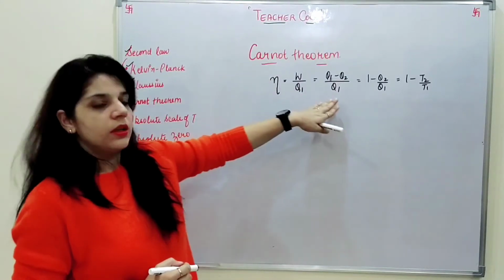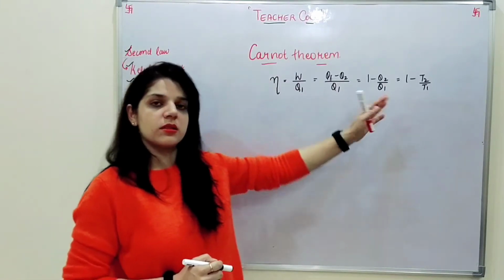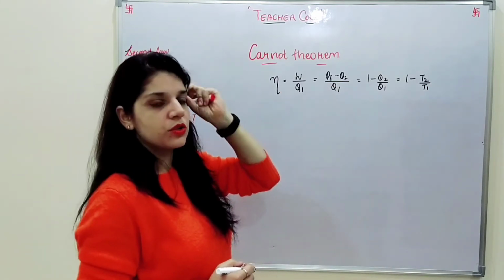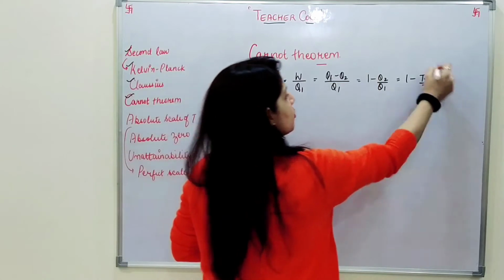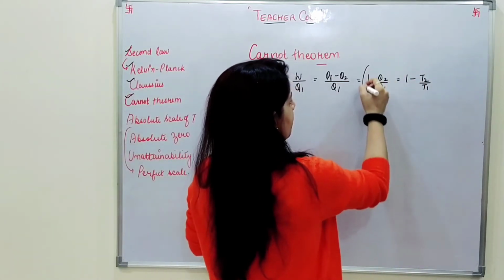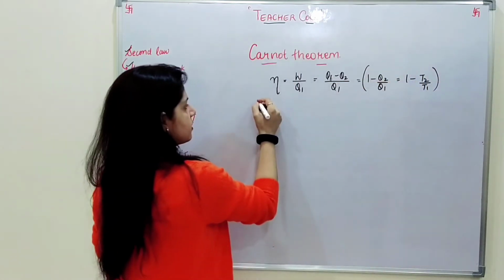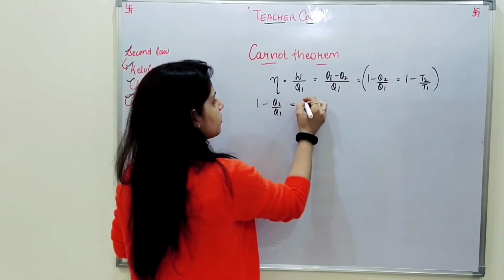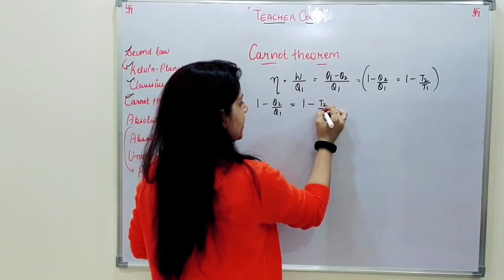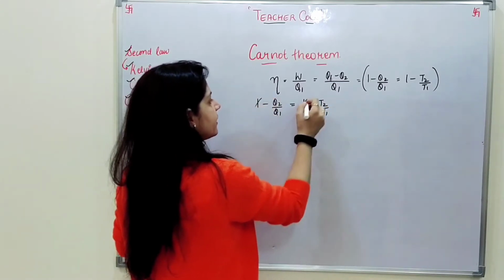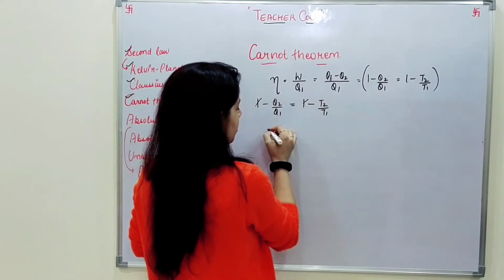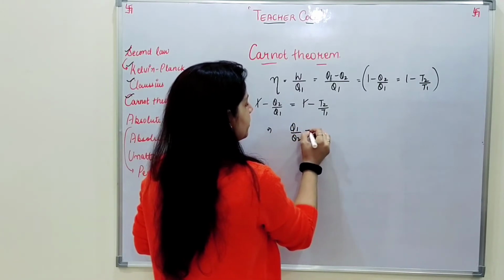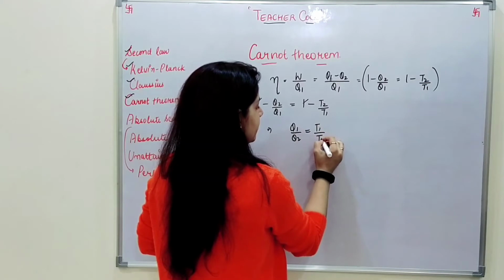Now, we'll be taking this equation as a reference again. From this equation, I'll pick the last two parts, which say 1 minus Q2 by Q1 is equal to 1 minus T2 by T1, and the 1 gets cancelled, and in short I get Q1 by Q2 is equal to T1 by T2,